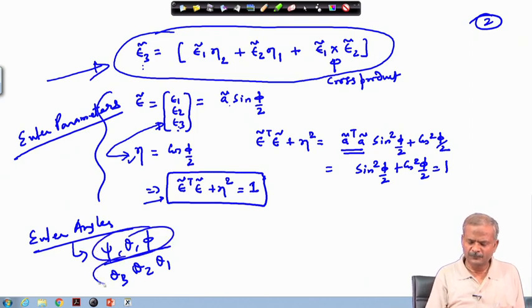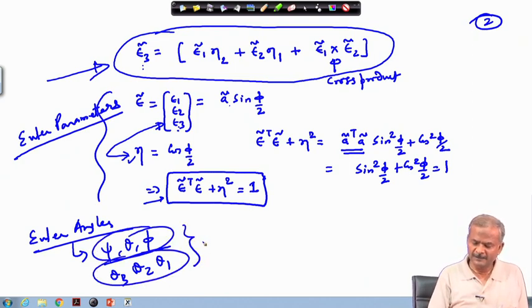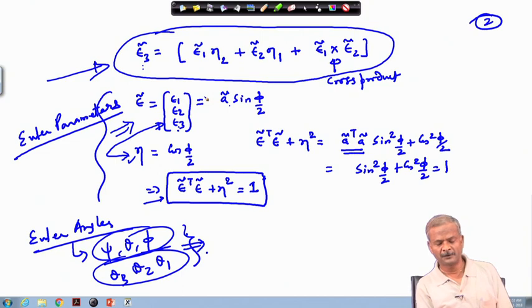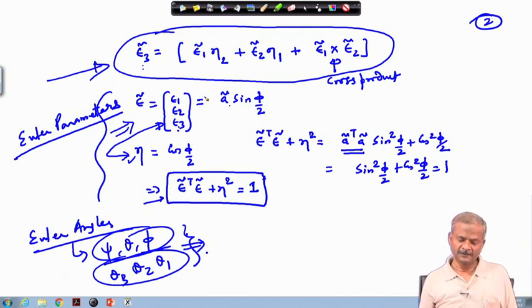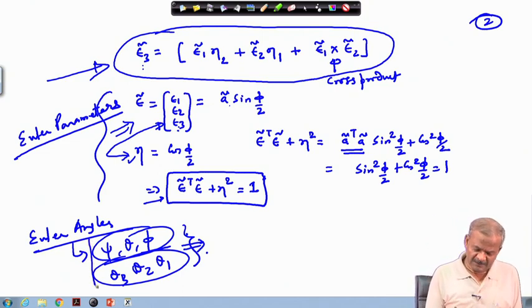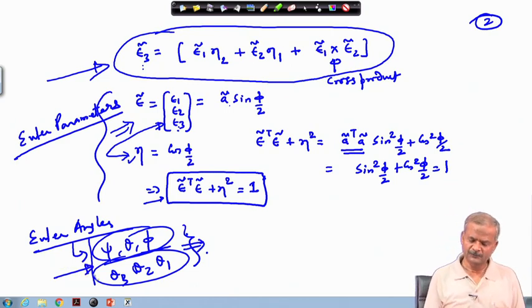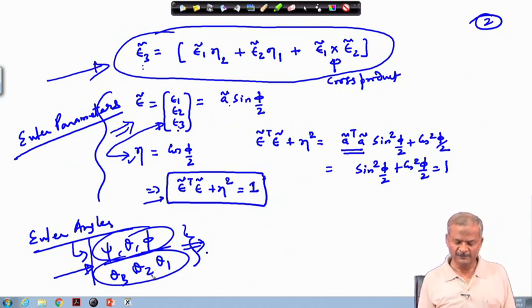So, any set of notation can be used. This is the 3 parameter system, while this is the 4 parameter system. While we use this in the rotation, we face singularity in many places, while here if we use this, it will be free from the singularity problem, and therefore, this is preferable. Okay. This is also used in certain circumstances, it is unavoidable, you cannot avoid this notation. So, we use it, but we try to ensure that the domain in which we are working has no singularity involved. If it is involved, then we have to tackle it somehow or other.